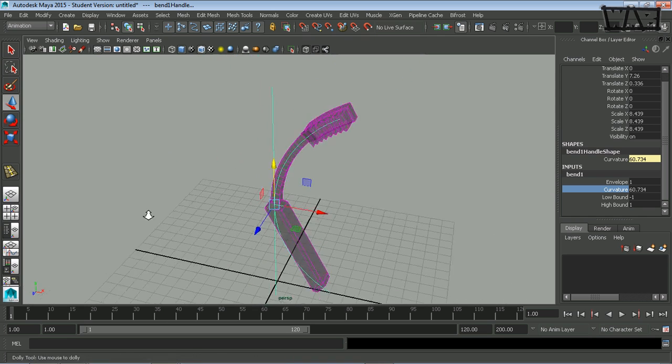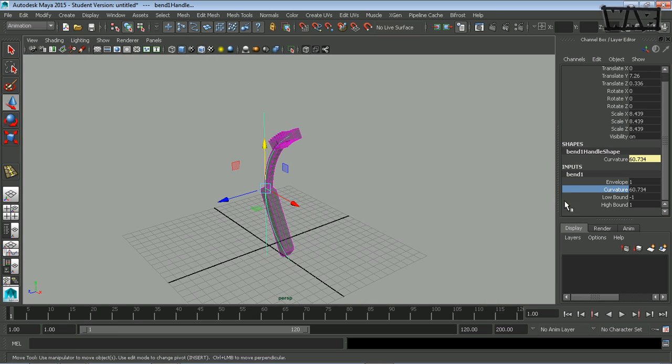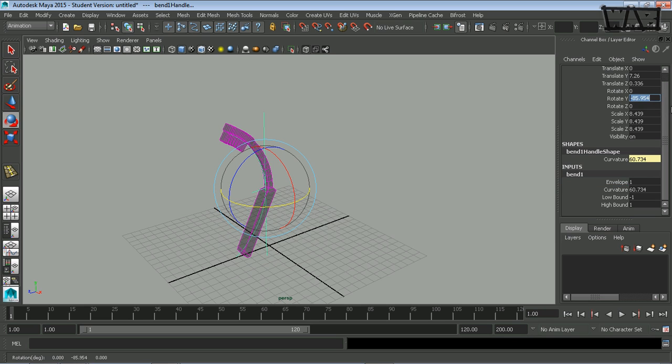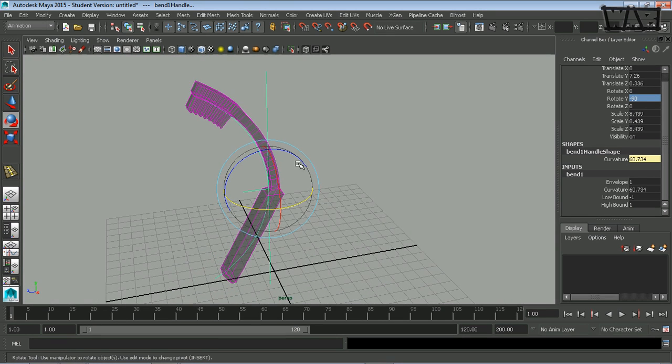Okay? Now, it's bending to the side. I would rather have it bend forward and back by default. So all I need to do is rotate this deformer 90 degrees. Okay? Now it bends forward and back. Now I don't want it to affect the bristles portion or the handle. So it has two attributes on the bend deformer called low bound and high bound. So I need to adjust these so they affect less. In fact, I can get rid of my low bound entirely, and I want to